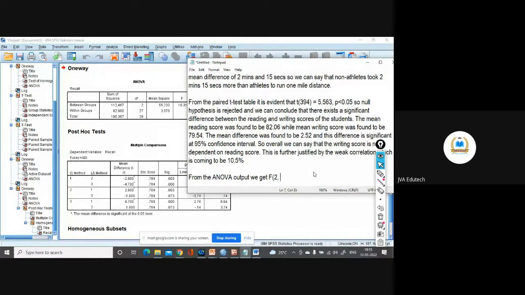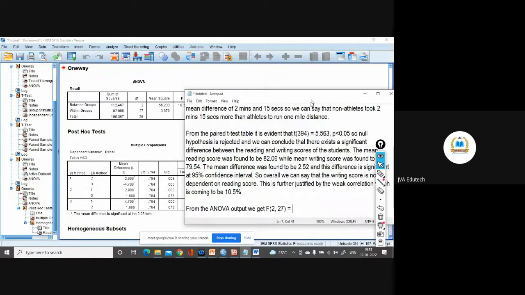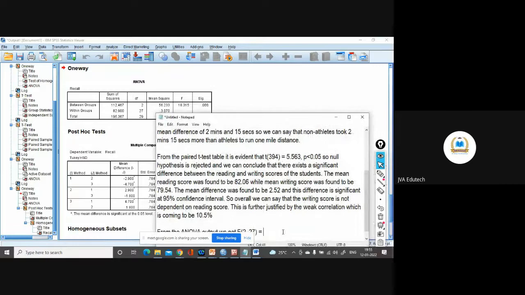Right? 2 and 27. F at these degrees of freedom is equal to 18.315, at this P is less than 0.05. So the null hypothesis is rejected